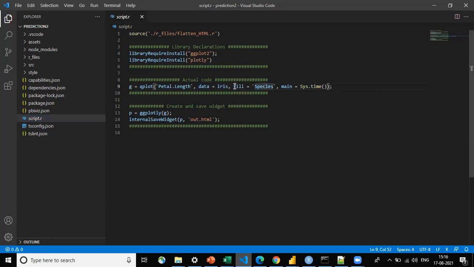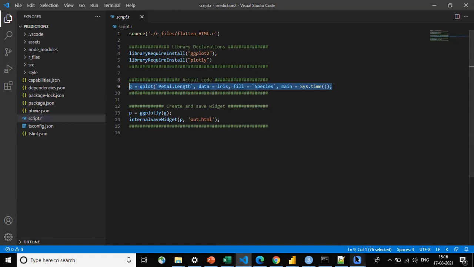So for creating new visuals, we just need to replace this actual code part with our own code. That is the main essence of it. Whatever new R-related custom visuals we are going to create, we just remove this and replace it with our new R code.